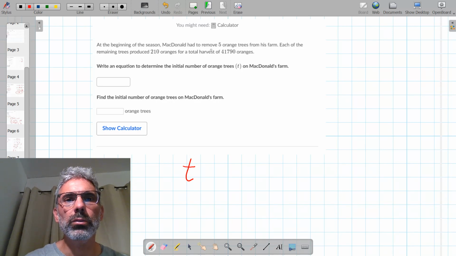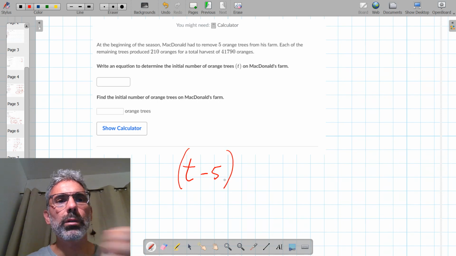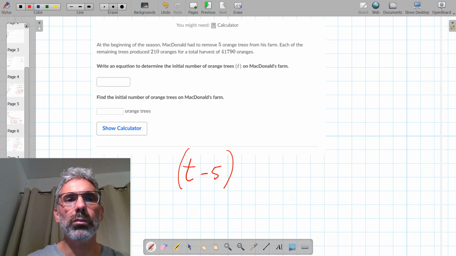And McDonald had to remove 5 trees, so T minus 5. Each of the remaining trees produce 210 oranges, so T minus 5 represents the number of remaining trees, because we have